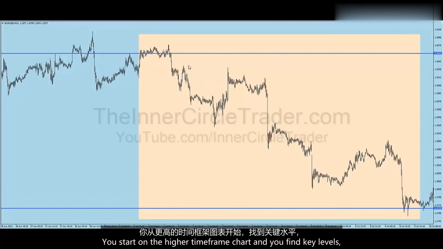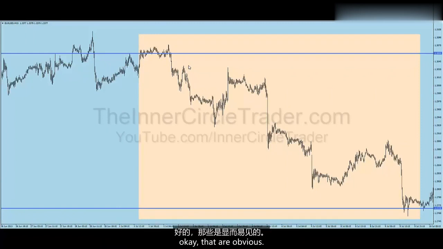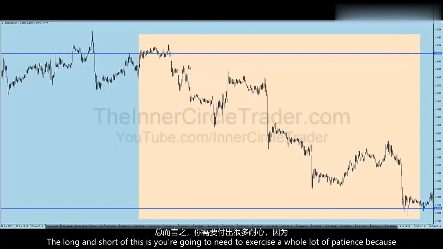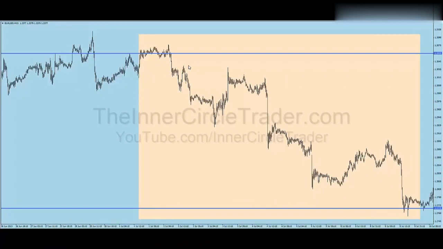Okay, you start on the higher time frame chart and you find key levels that are obvious, because if they're obvious, that means it takes all the guesswork out. Now, it may take some patience on your part. That dreaded word, patience. The long and short of this is you're going to need to exercise a whole lot of patience, because until